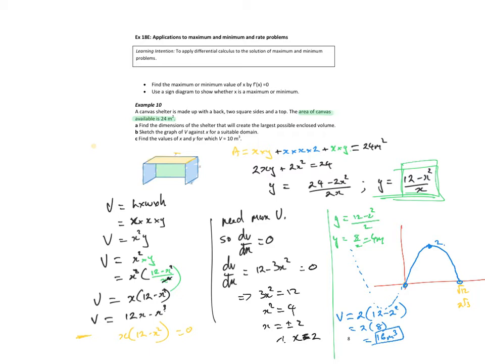So let's come up here for part C. I want to solve the volume equal to 10. So what's my rule for the volume? So that means I've got to solve 12x minus x cubed is equal to 10. X cubed minus 12x plus 10 is equal to 0. And I'm going to solve that on my CAS. If I type into my CAS, solve x cubed minus 12x plus 10 equal to 0 for x, I'm going